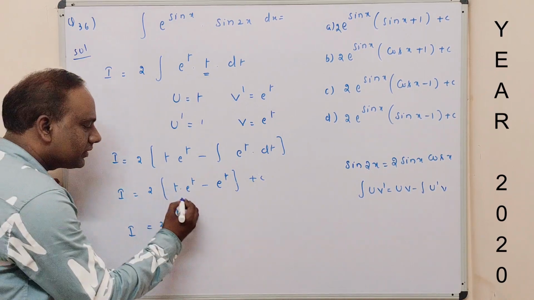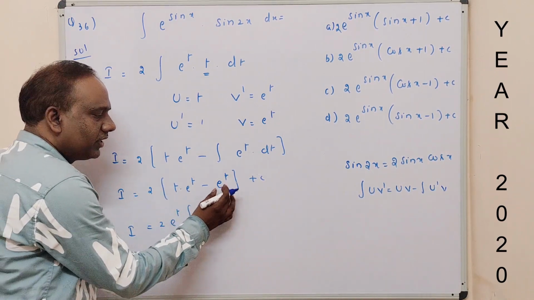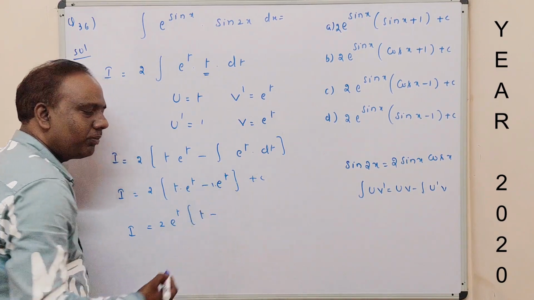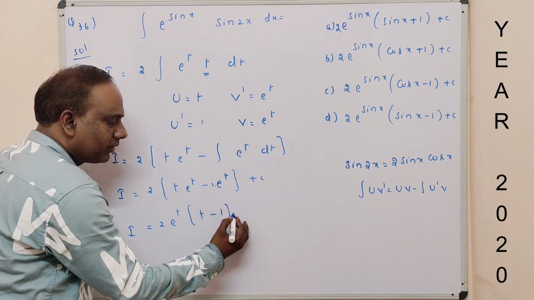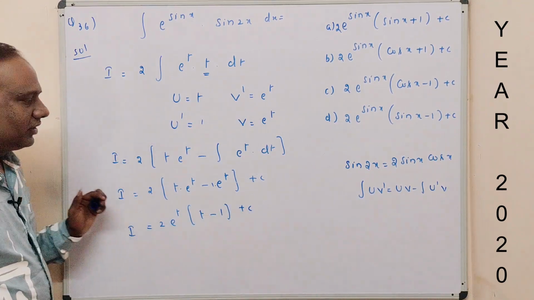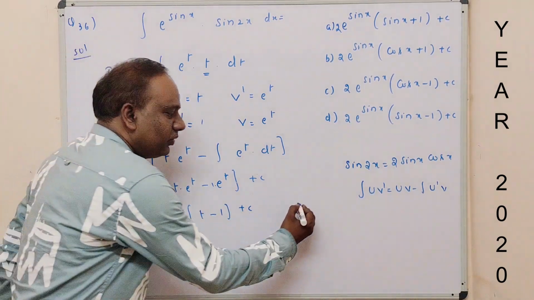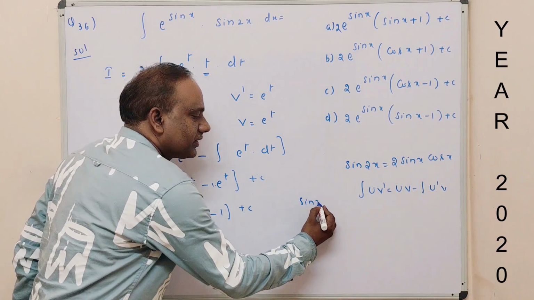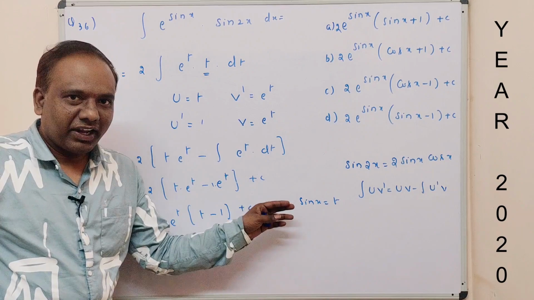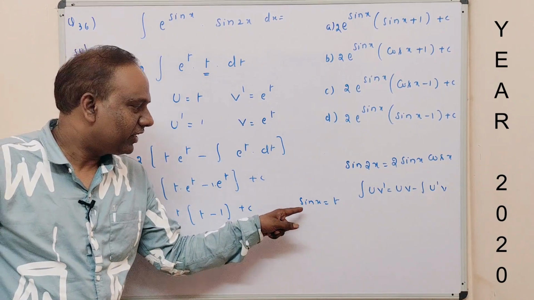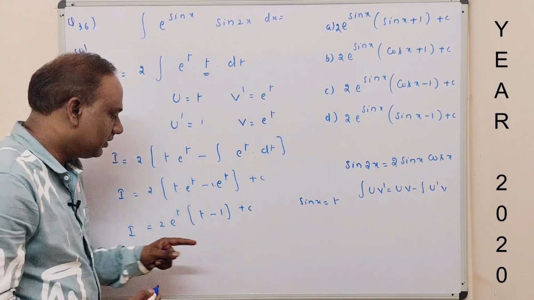And the remaining is t minus, here e power t is common. Here actually the meaning is 1. E power t is common, the remaining is 1, plus c. Here actually we take t is equal to sin x. So now if we take sin x is equal to t here, that's why